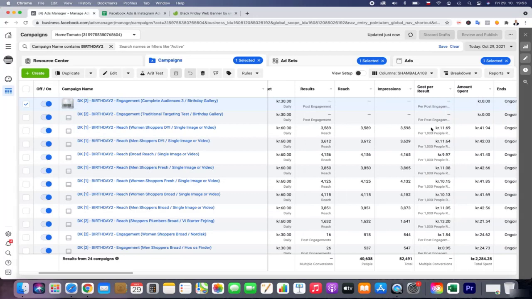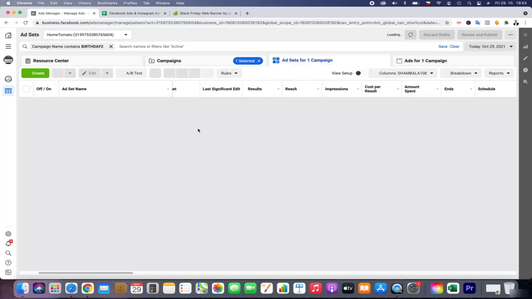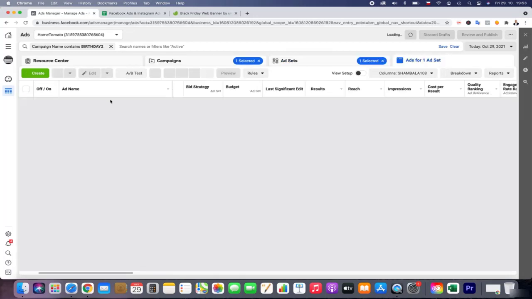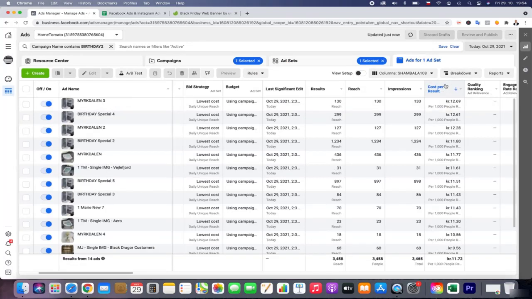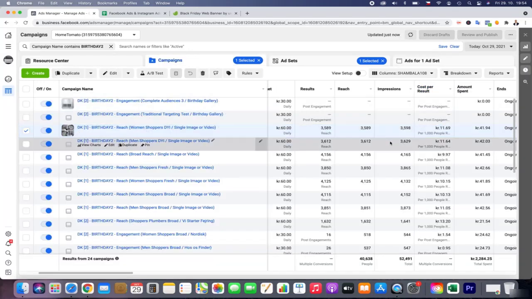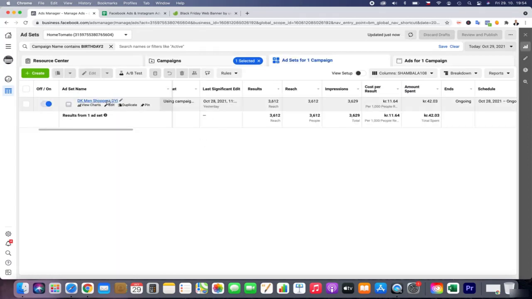If we look here into the reach, I think then we have cost per result. And I think that these are not doing so well, but they are informing about the birthday special and about the new product. So unfortunately, I have to keep it. So then we will have a look here if there is something we can turn off.